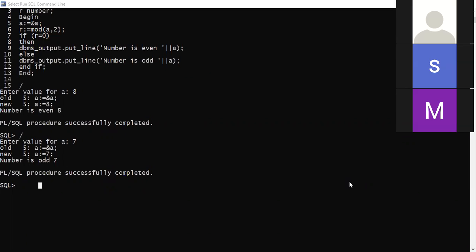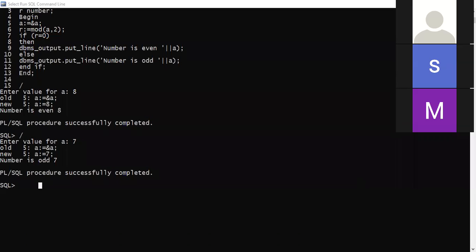I've taken even numbers between 1 to 10. The program displays even numbers between 1 to 10, and I have used a simple logic. I have initialized the first number as 2, and then I went on incrementing it by 2.